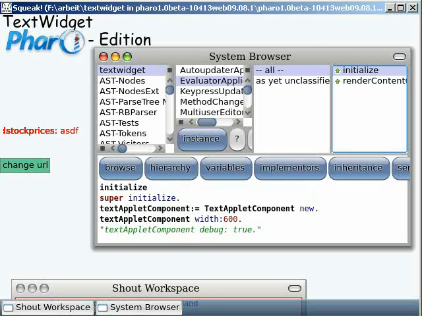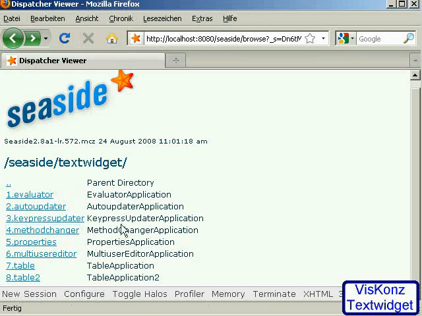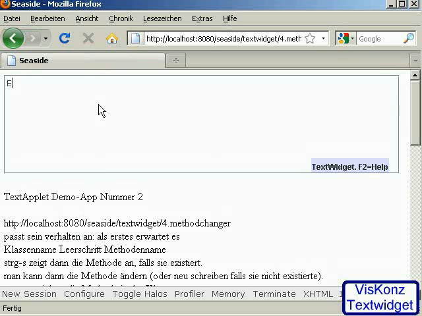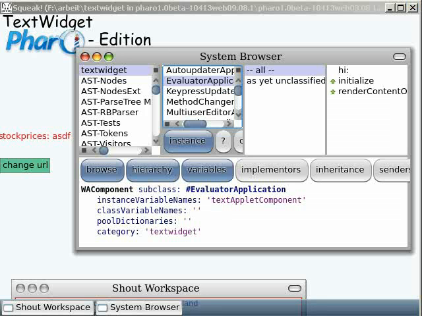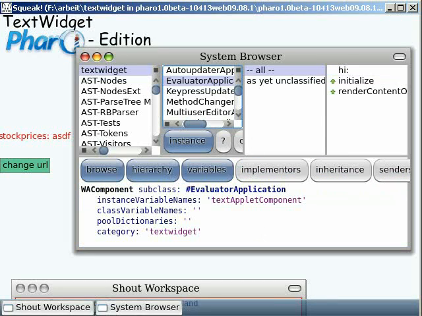The method changer application modifies the server source code, adding methods to classes dynamically. In this example, we will edit the class evaluator application, the demo we saw before. Type in the class name followed by a method name, then press Ctrl-S. If the method exists, its source code is displayed. If it doesn't exist, you are given a template. Next, you can modify the method's source code, and upon pressing Ctrl-S again, the server takes the source code and compiles it into the corresponding class. Note that you can easily modify this application